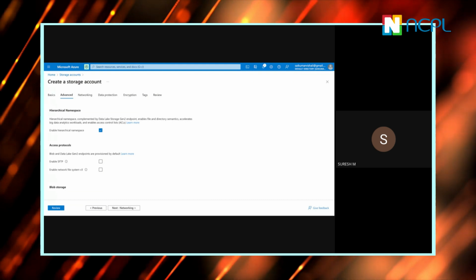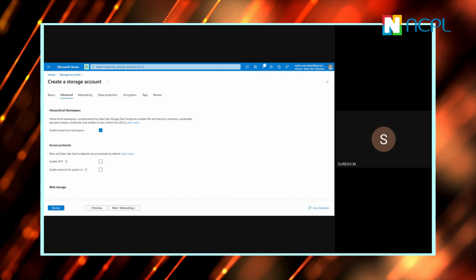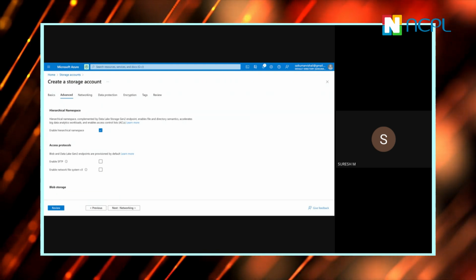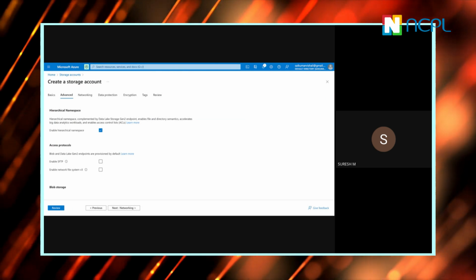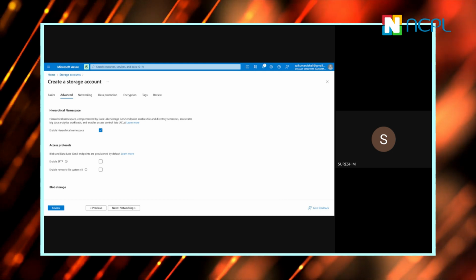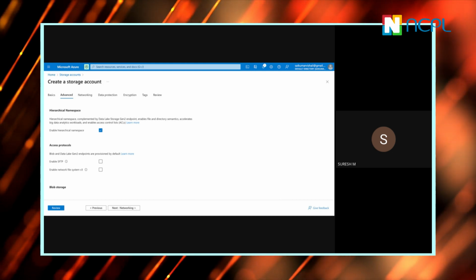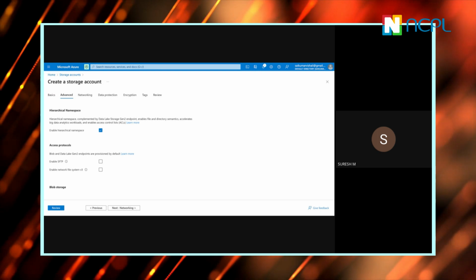I'm going in a sequence. So data lake goes with the approach of hierarchy, whereas blob is used for your archival part. Blob is used for keeping your historical data.